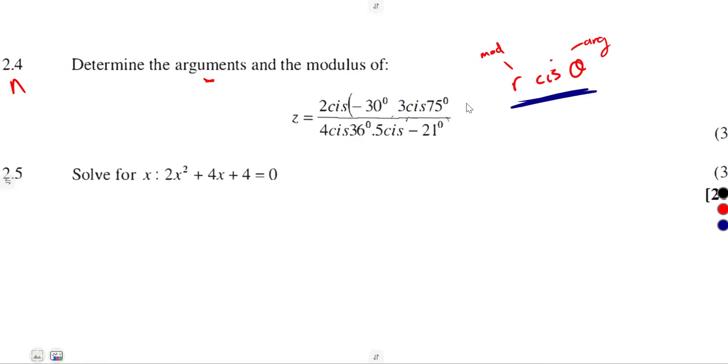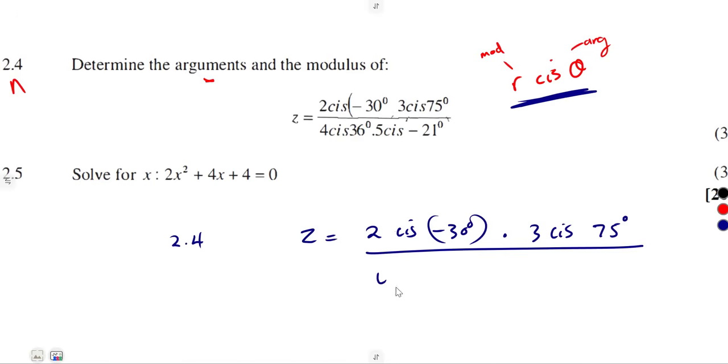There we are given z, which is equal to 2 at the angle of minus 30 degrees, 3 at the angle of 75 degrees, everything over 4 at the angle 36 degrees, and 5 at the angle of